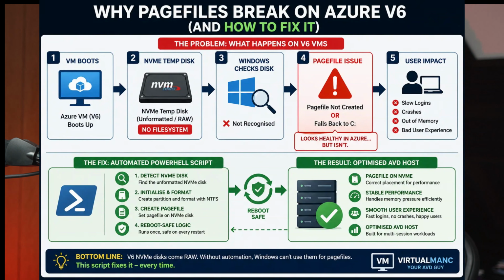and unformatted. So, Windows boots up, it looks for the temp disk, finds nothing it recognizes, and then your page file either doesn't get created or it falls back to the OS disk, which is absolutely not where you want it to be in a multi-session AVD environment under load. The result? Session hosts that look healthy on paper, but are actually crashing under load and users reporting bad experience. I've seen reports of out of memory errors, failed logins, really sluggish browsers, the works, all trace back to this